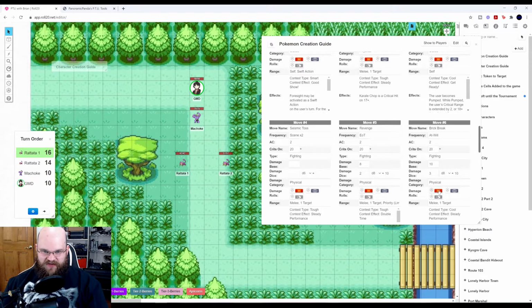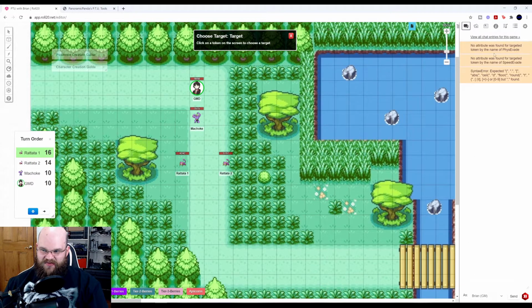I'm going to click, this is a physical attack, so you click the Starburst. This brings up, select my target. I click this. What happens is it gives me this syntax error because there's no character sheet for it to reference when it comes to comparing stats and things like that. But this one,